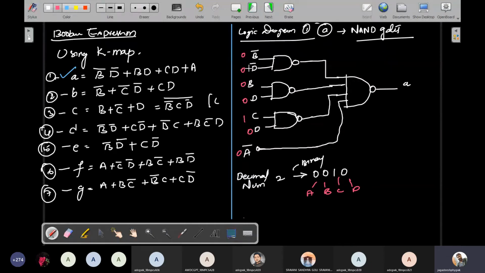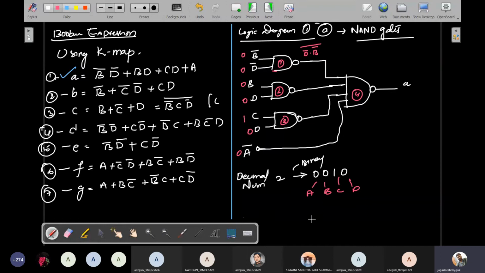So what is this input? It is B bar, D bar. What is the output of this NAND gate? This is the first NAND gate; the second, third and fourth NAND gates we are also using. This output is (D bar dot B bar) whole bar. Why? Because this is AND gate performance, so the input terminals are B bar and D bar, and B bar dot D bar is the output. But there is one more bubble, so that's why I draw the complement here.